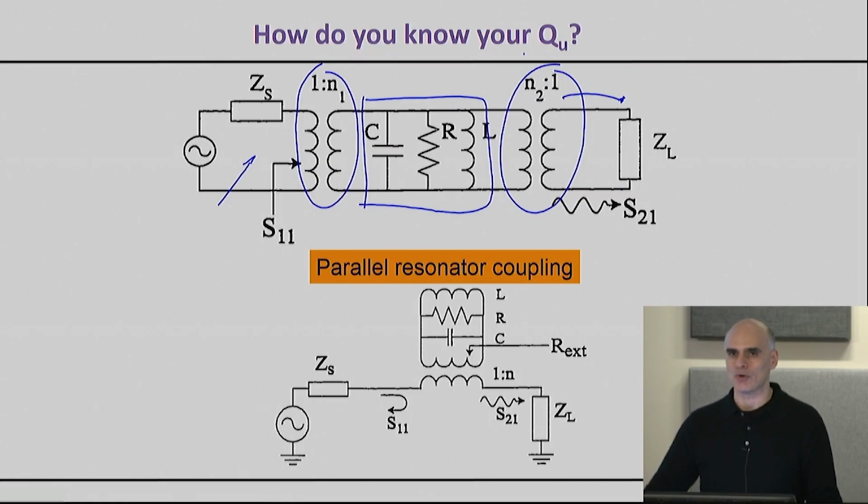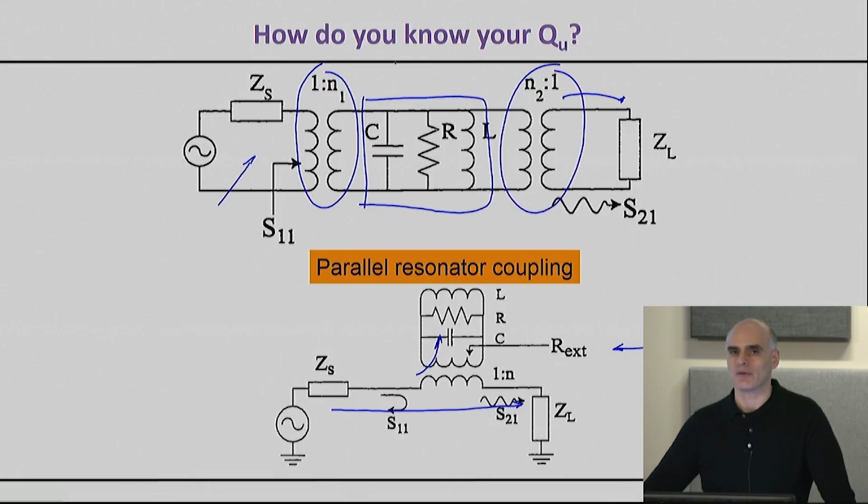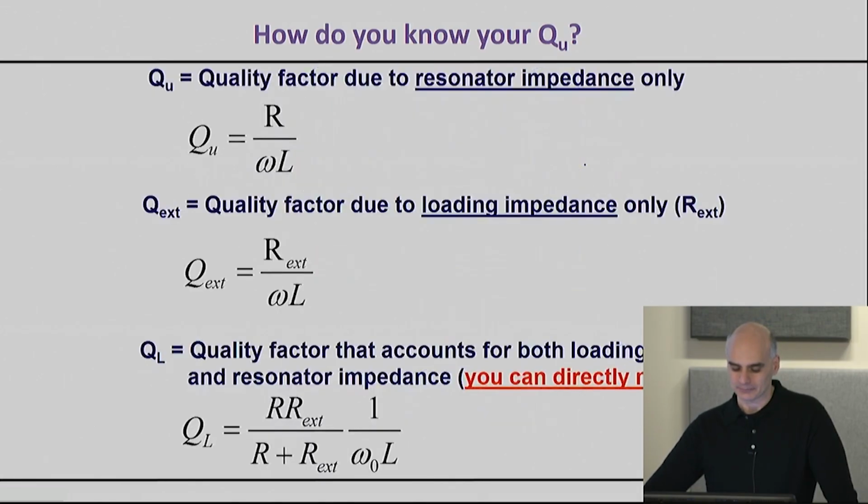There are essentially two equivalent ways you can do that. The one I just explained, but there's also this way where we can have a direct through line from my source to the load and essentially take energy out from this parallel path. Now, in order to derive some equations that we can use to compute our coupling and the quality factor,